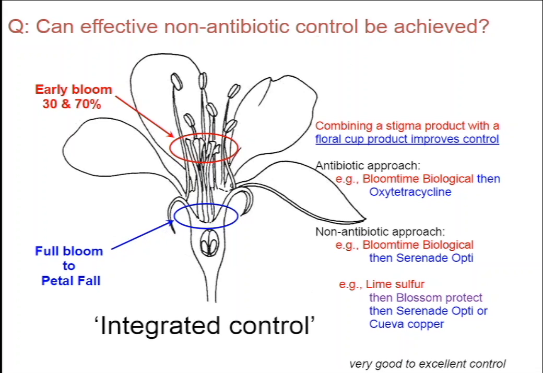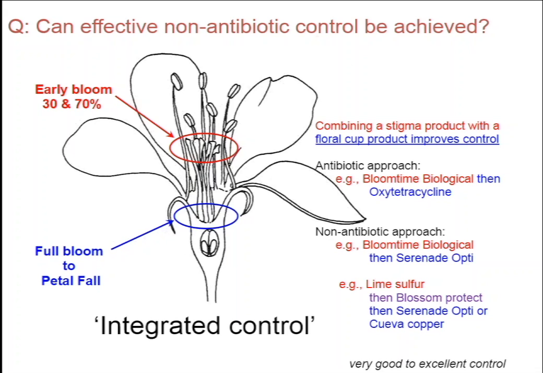growing on the stigmas. And then when we get to that later part of bloom, between full bloom and petal fall, we want to fill this cup with some material that is antagonistic or toxic to the fire blight pathogen, and we find that chemical materials of some sort at this point do their best job. And this could be an antibiotic, it could be Serenade Opti fits this role,